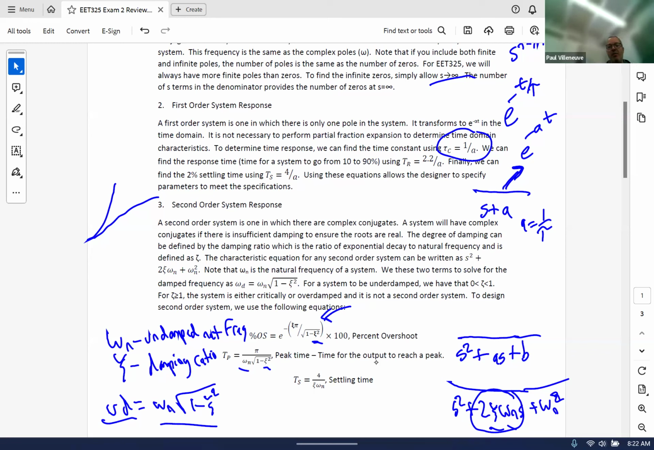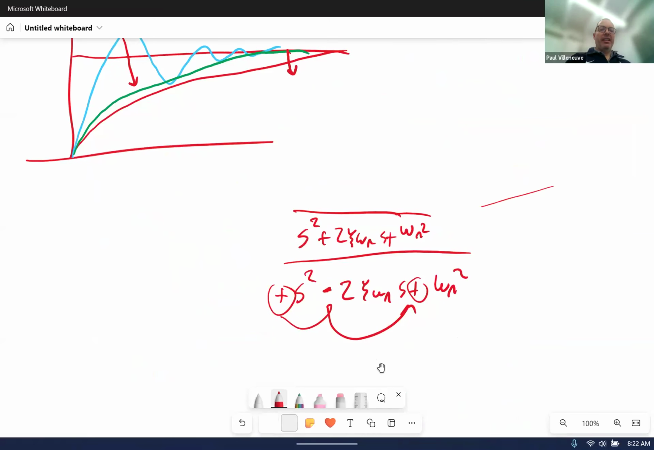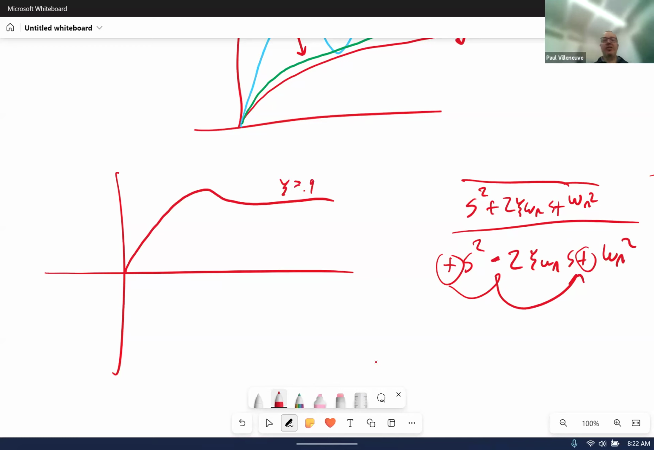So it rings at a higher rate. So you get some elongation, if you will. That's why, if you look over here at critically damped or underdamped systems, we can see that if zeta, let's say zeta equals 0.9,